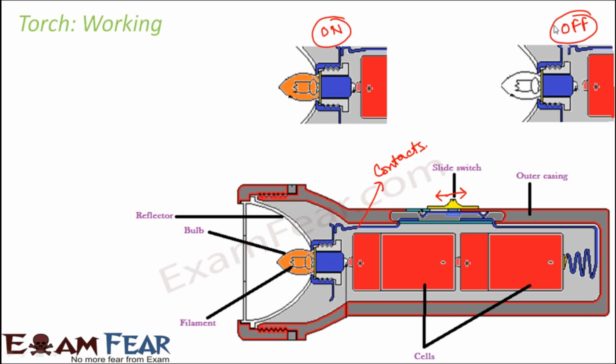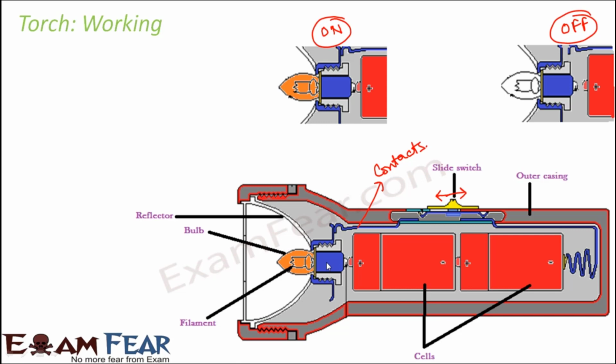So it is basically a very simple construction, just a bulb connected to the battery. As soon as you touch the bulb to the battery, it glows. As soon as you take it away from the battery, it doesn't glow. That is the simple concept here. It is just that we have created a switch outside and have connected a few springs inside, so that with the help of that switch we can build the contact between the bulb and the battery, and again we can break the contact, and that's how the torch switches on and off.